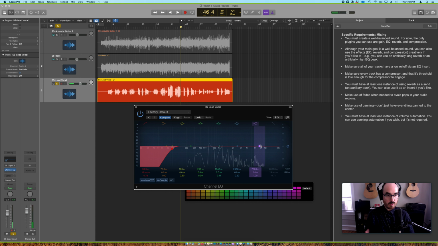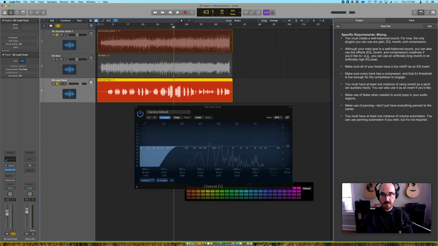So that covers the required EQ. You can also make aesthetic choices on your EQ to make the mix sit better. Perhaps in the